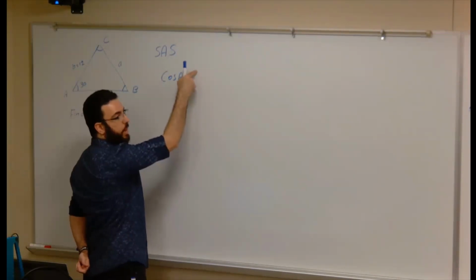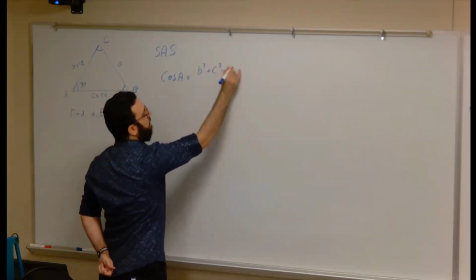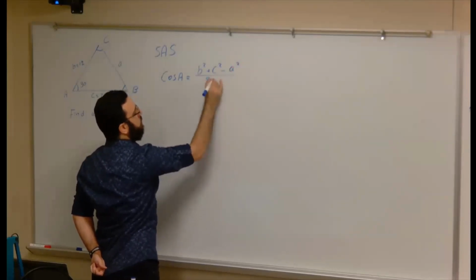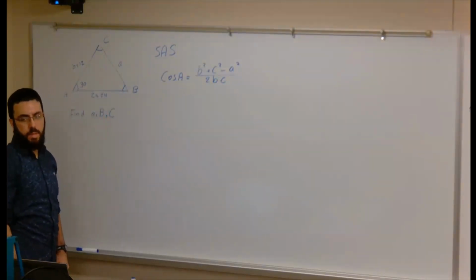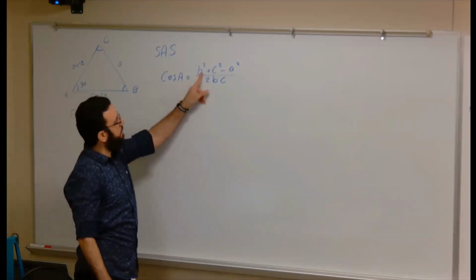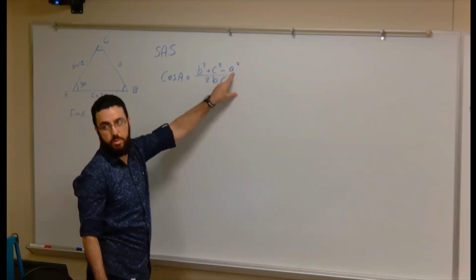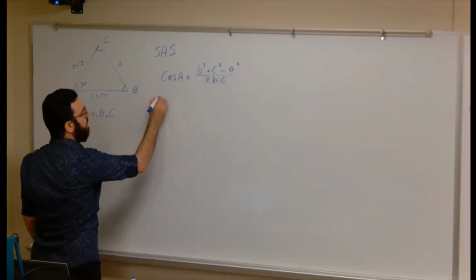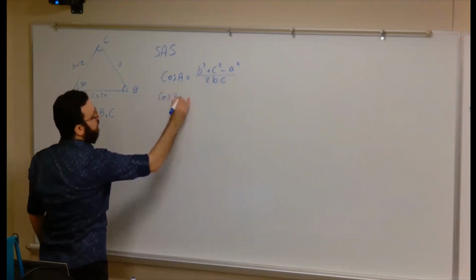Cosine A equals what? B squared plus C squared minus A squared, divided by 2BC. Yes or no? Check what I have. I have the angle A, I have B, I have C. So I'm just going to find the side A. That means cosine A, which is 30, equals